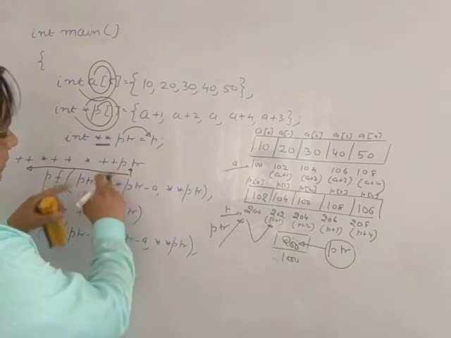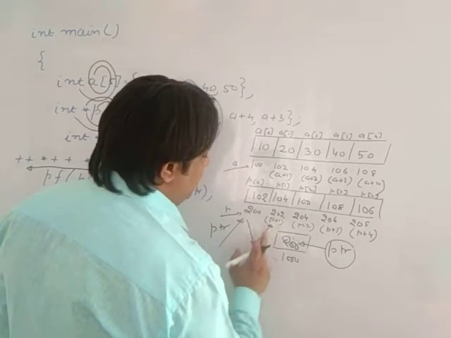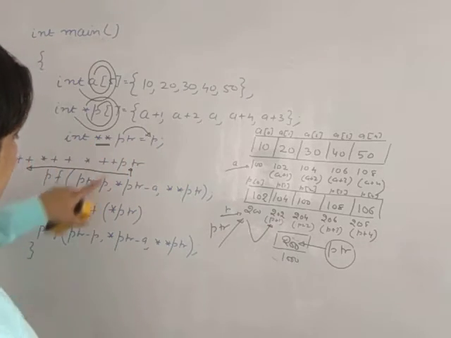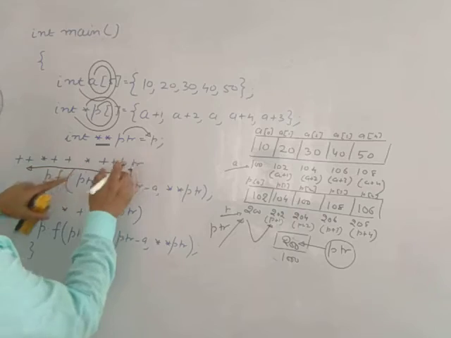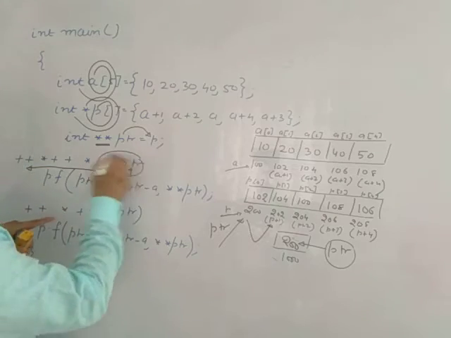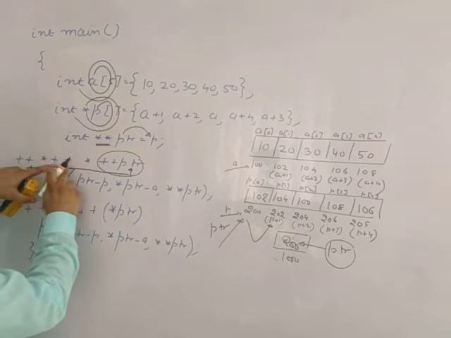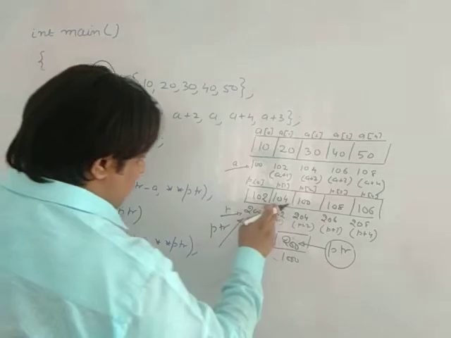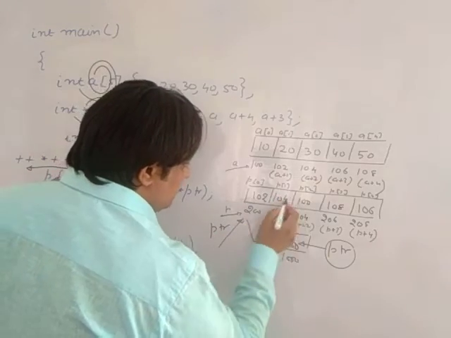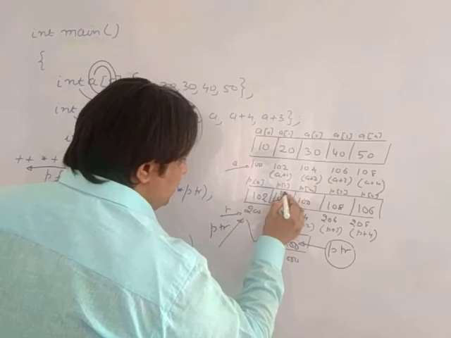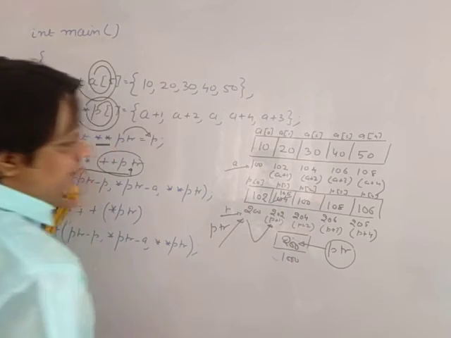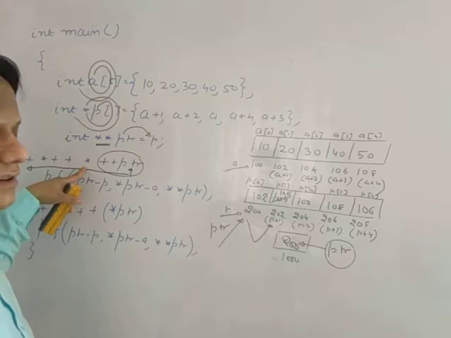Now moving on to this plus plus ptr, you have incremented the pointer. Now pointer is pointing to 202. So till this the value is 202 and star of 202 is 104. And what you have done, you have incremented that 104 address. So instead of 104, the next address of 104 is 106. So instead of 104, now it has come here 106 because we have incremented the address.